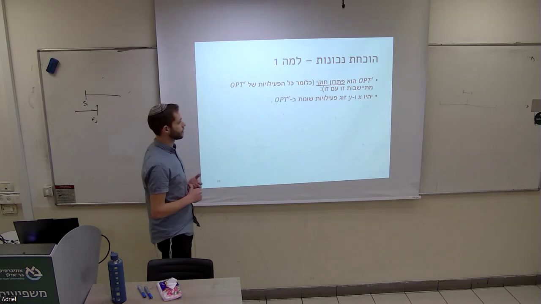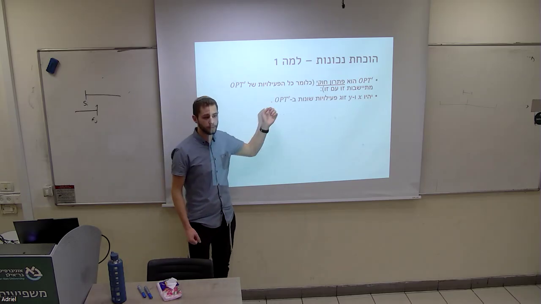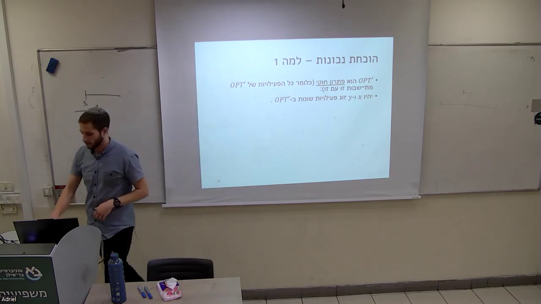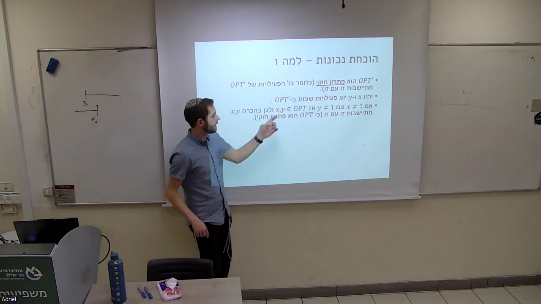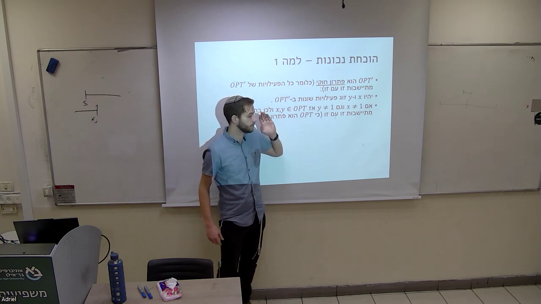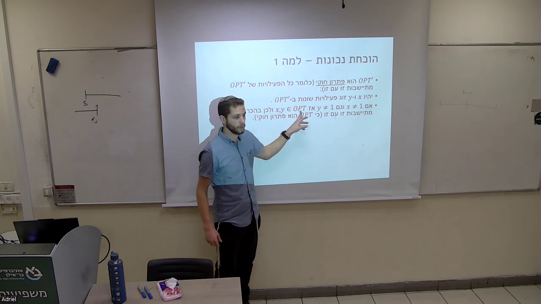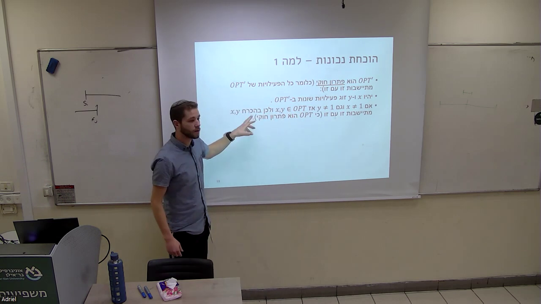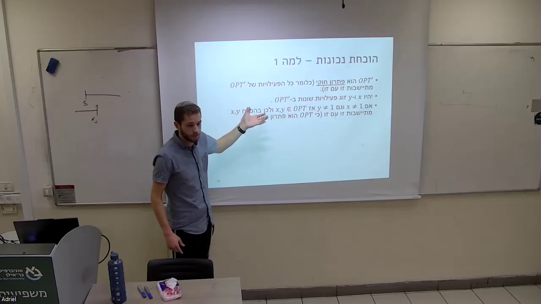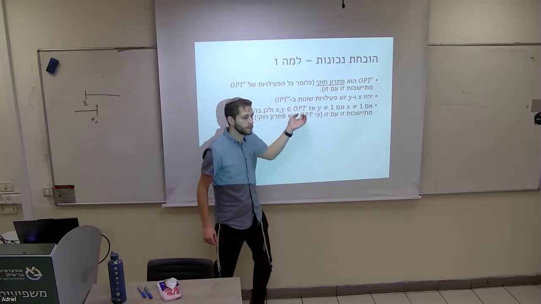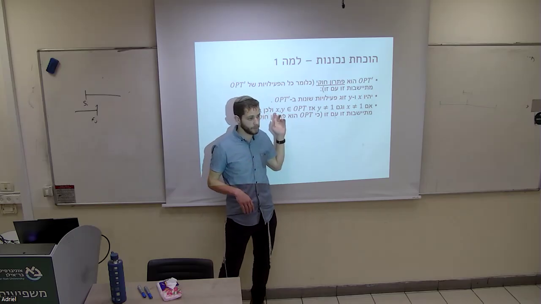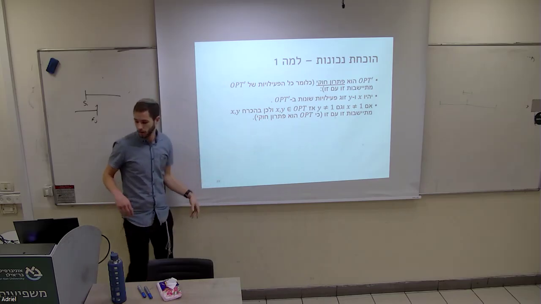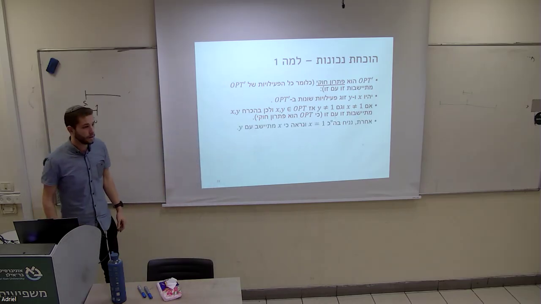Let x and y be a pair of activities in opt tag. If they're both not the first activity, x and y don't equal 1, so therefore they're both within opt. And if they're both within opt, that means that they sit with each other. They don't overlap, because opt is valid.